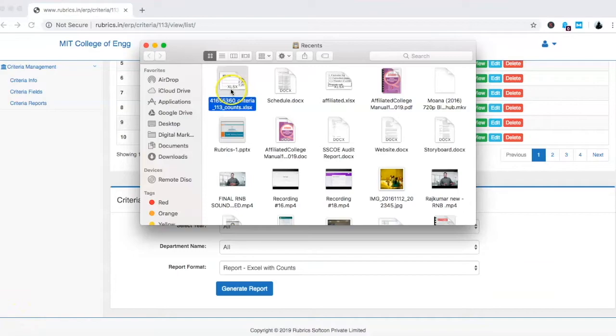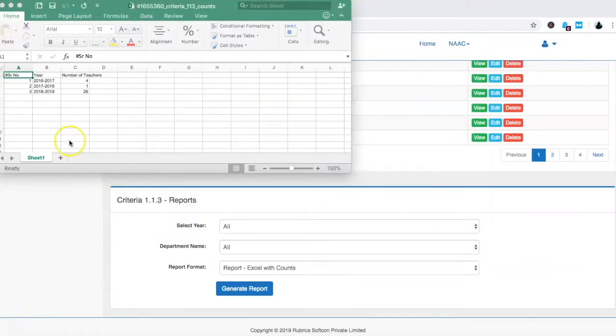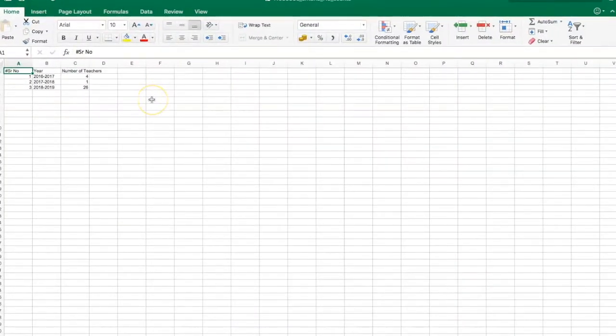Now we will see the Excel sheet generated. Now the Excel sheet got opened. You can see here in 16-17, 4 faculty members, in 17-18, 1 faculty member, and in 18-19, 26 faculty members. We can maximize this Excel sheet also. This count we need to have for putting it on the NAAC portal.